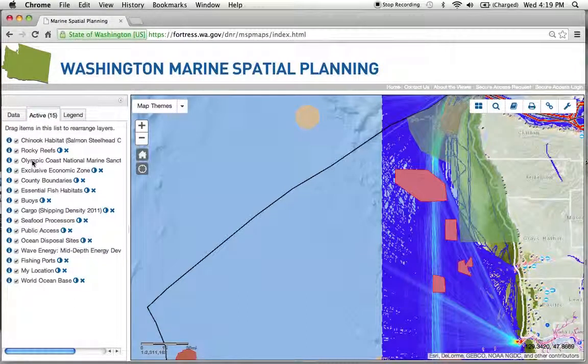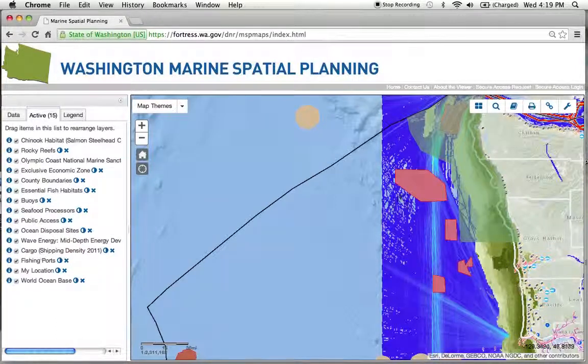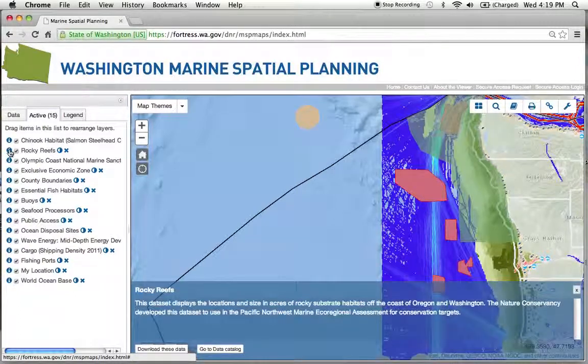I can do things like rearrange the order of the data layers by dragging and dropping layers. So I think shipping is a little bit intense, and if I move it down here, there, everything else comes on top of shipping. Data description, I can read the description of data by clicking the eye to the left